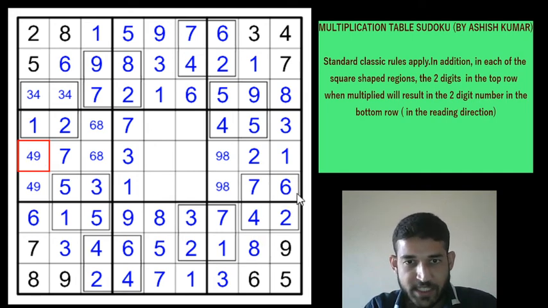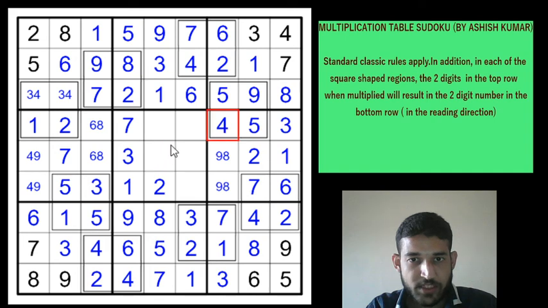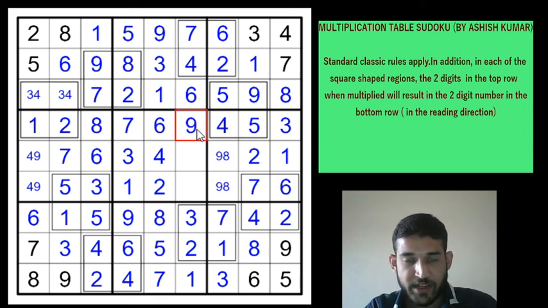Along row 6 now, there is only one cell left for the 2. 2 cannot be here. There is only one cell left for the 2. So 2 would be here. 2, 5, 7, 8, 1, 3, 9 have been placed. So 4 and 6 are to be placed. But 4 is in row 4. So this is a 4. This is a 6. This is a 6. And this is an 8. We can complete row 4 now by placing the 9 here.